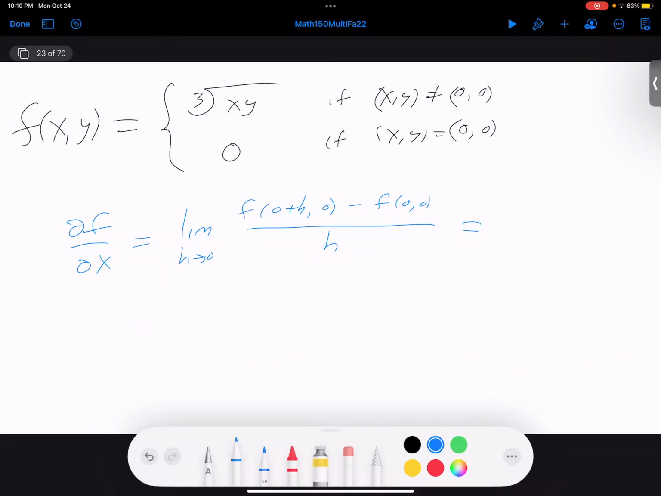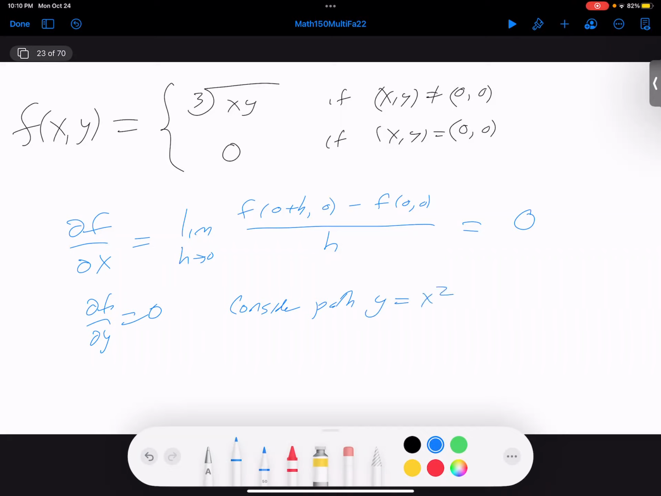What's the cube root of h times 0? 0. So I would just get 0. And similarly, I would get df/dy would also equal 0. But if I consider the path y equals